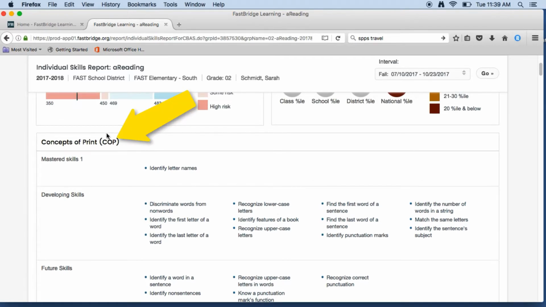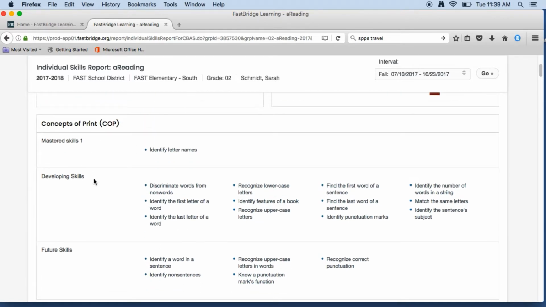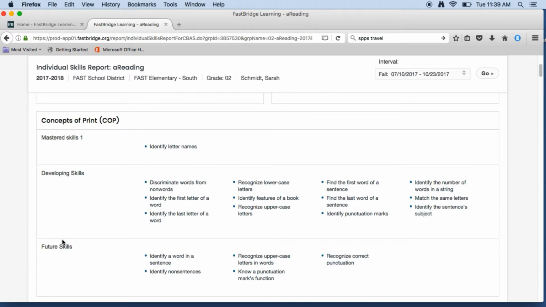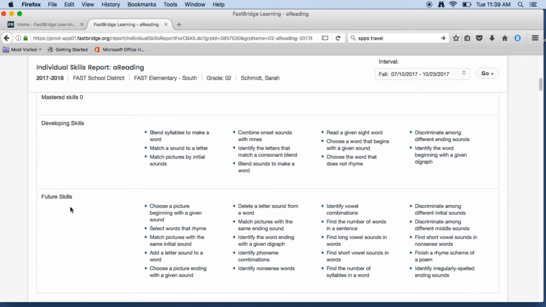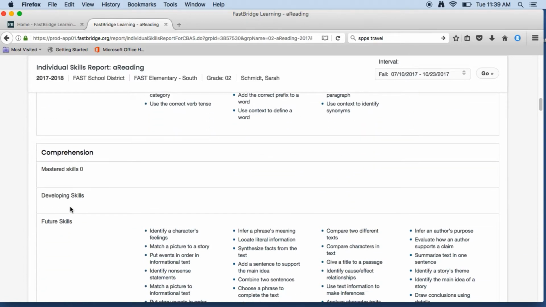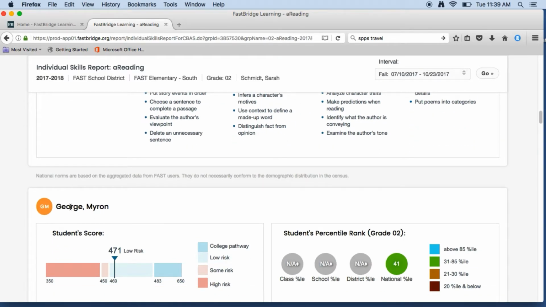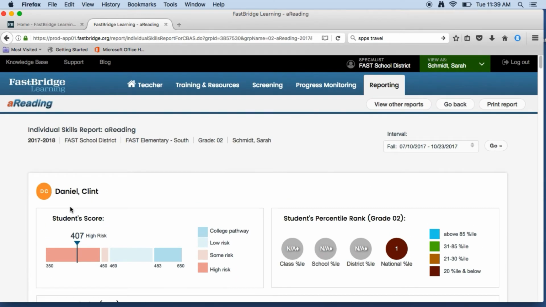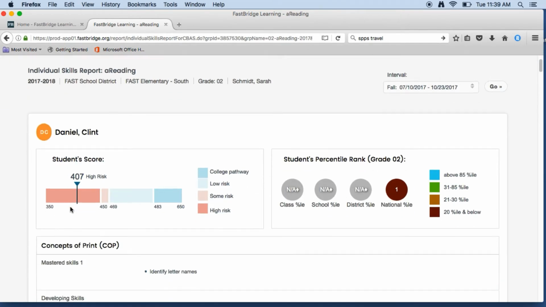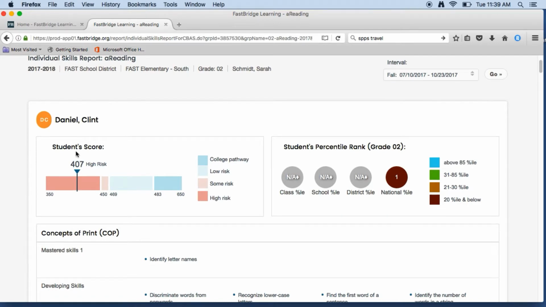And then each of the areas of his assessment: concepts of print, mastered skills, developing skills, future skills. Phonological awareness, mastered skills, developing skills, future skills. Again, this should not be used as a checklist, but an overall picture of how a student is doing and what things a teacher might be wanting to focus on. It's also